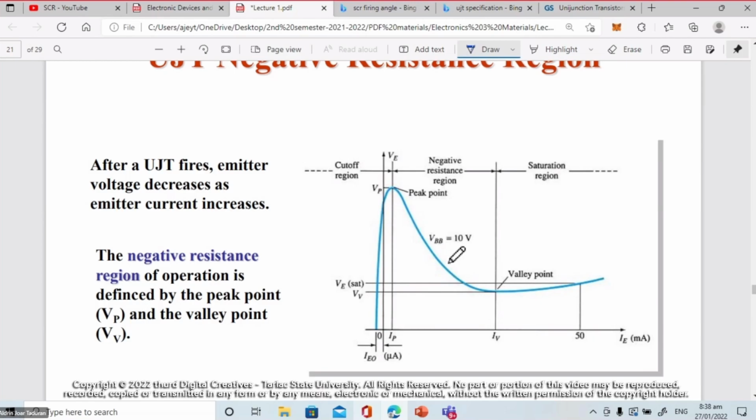Which is yung VBB natin will be lower, and then babalik siya ulit sa saturation. Okay? So the negative resistance region operating the device by the peak point, which is VP, and the valley point, which is VV. So tawag natin dito valley voltage eh. Okay? Yung minimum voltage where yung